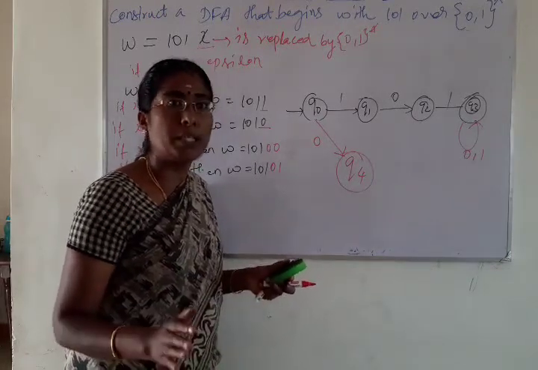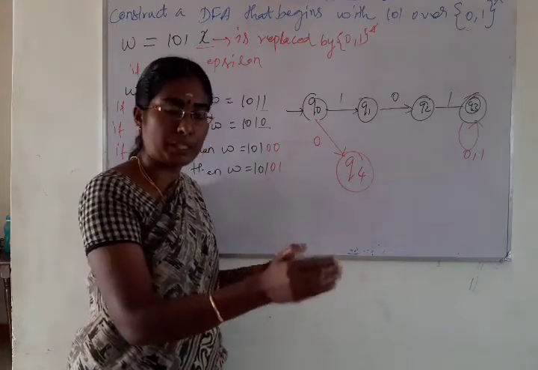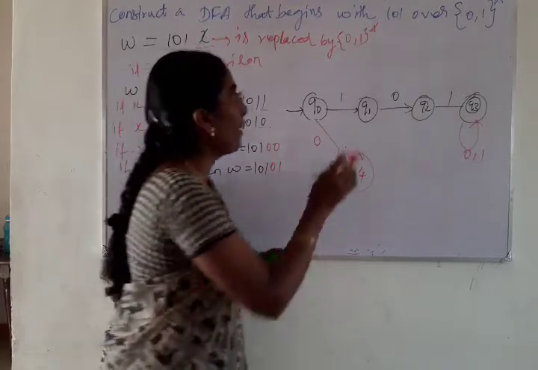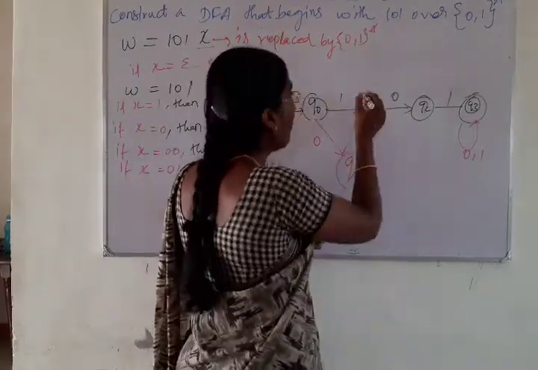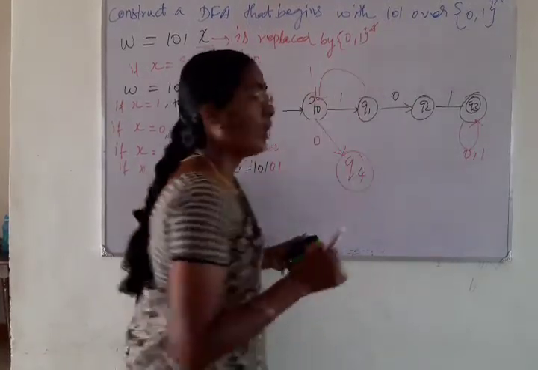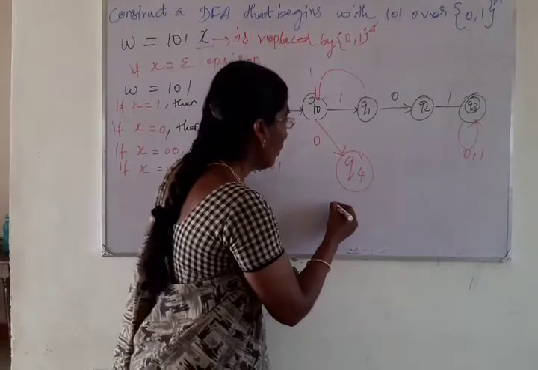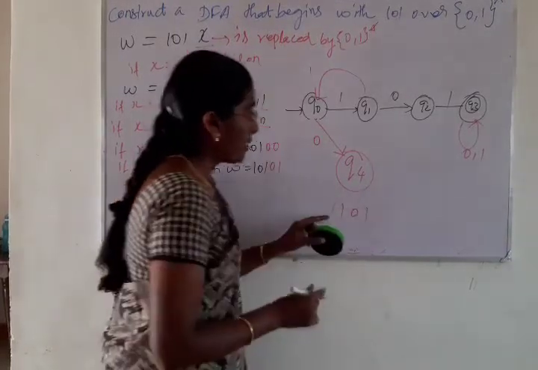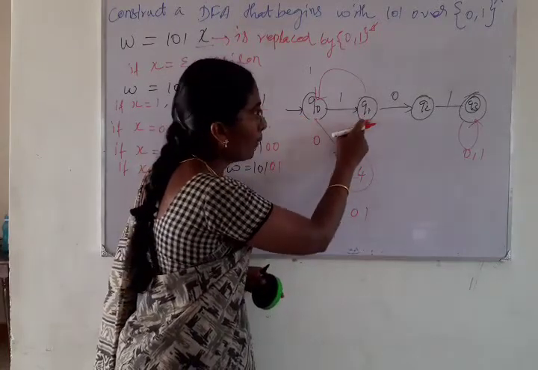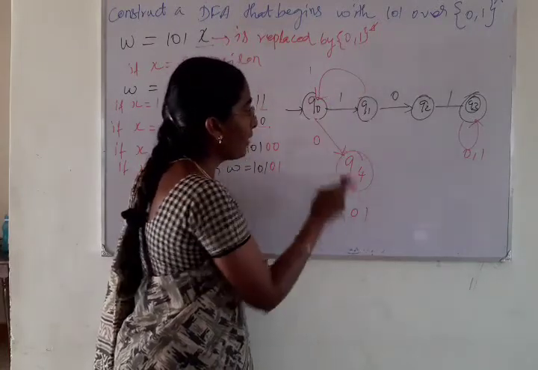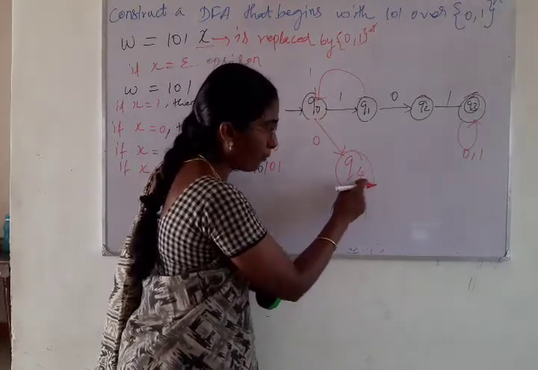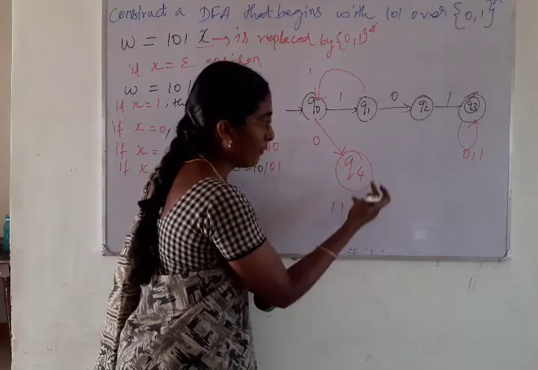So we should not proceed in the positive direction, that is, the forward direction towards the final state. If you are giving a back transition to the state Q0 for the input symbol 1, what will happen? Take the string 1101. The first 1 takes Q0 to Q1, and for the second 1 we go again to the state Q0. For the third symbol 0 it goes to the state Q4, and for the last one we have to make a transition